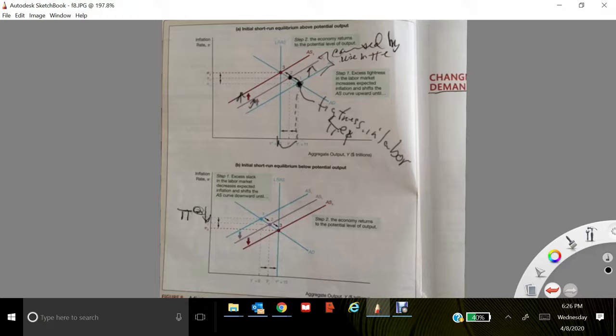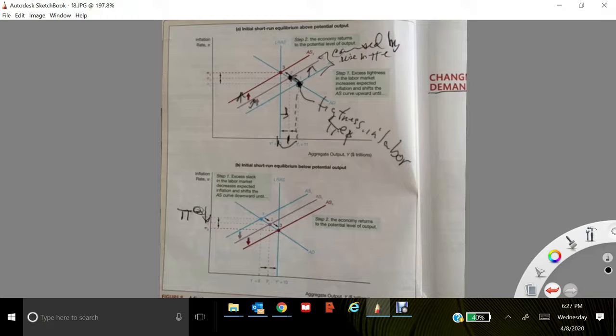That's going to result in a fall in investment and a fall in output demanded on the demand side, okay? But assuming here that at this intermediate level, output is still greater than potential output, that would cause further